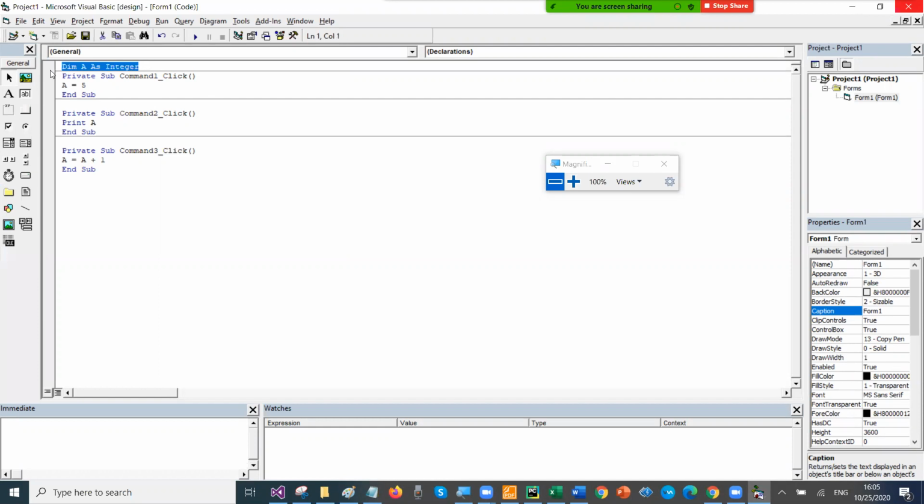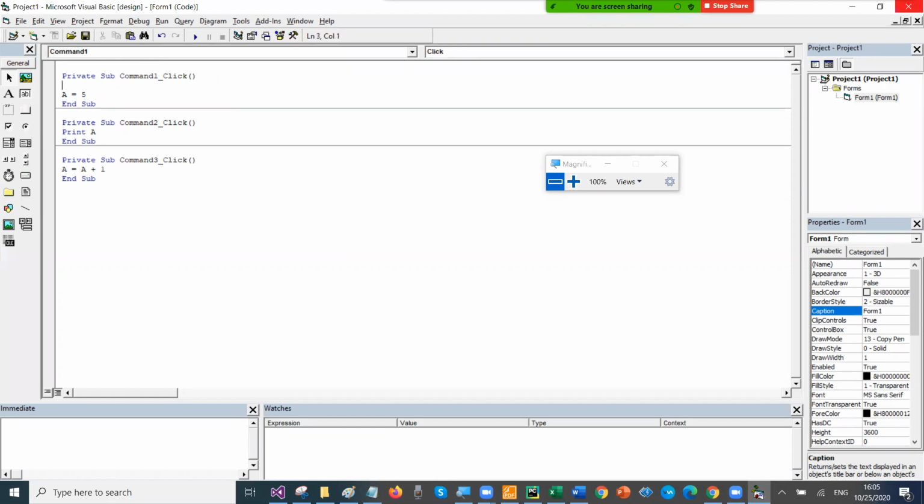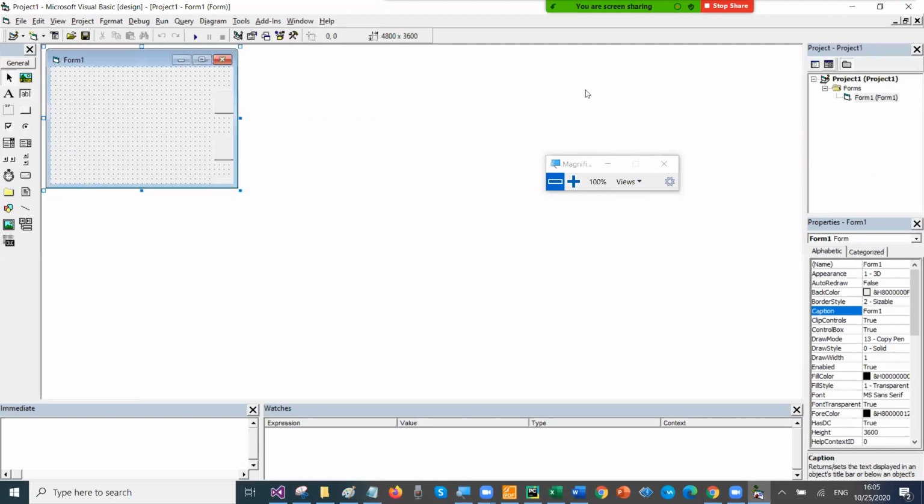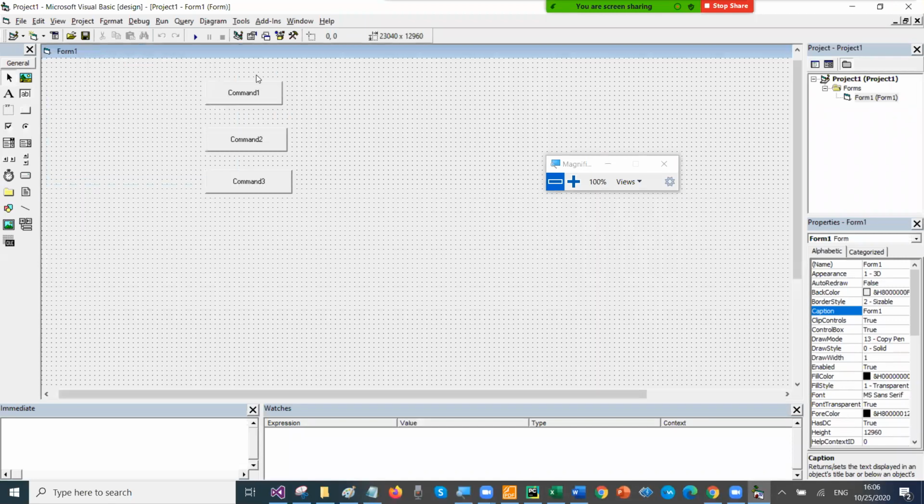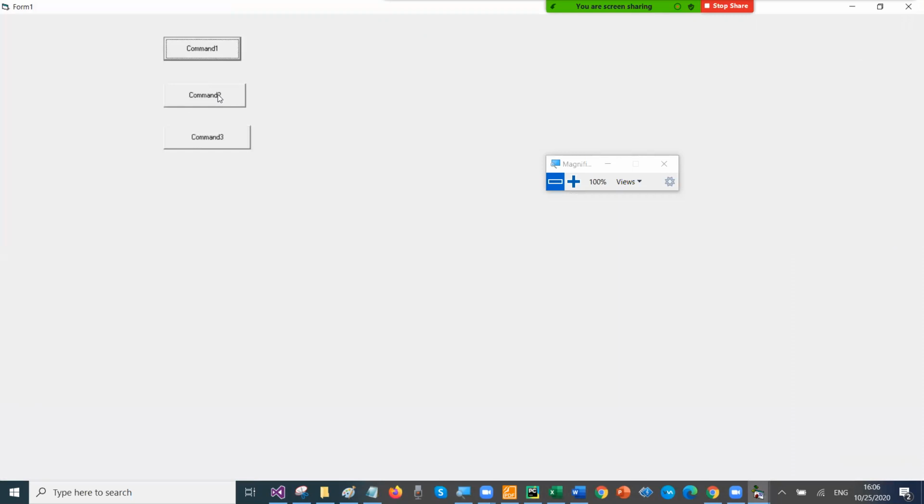But check that now. If I cut it from here and I paste it and I move this line inside this block. So that means command 1, box number 1 is setting the value, and then I'm not declaring it in the other ones, but I keep the program same and run, check what will happen. When I run it, value must have been set.